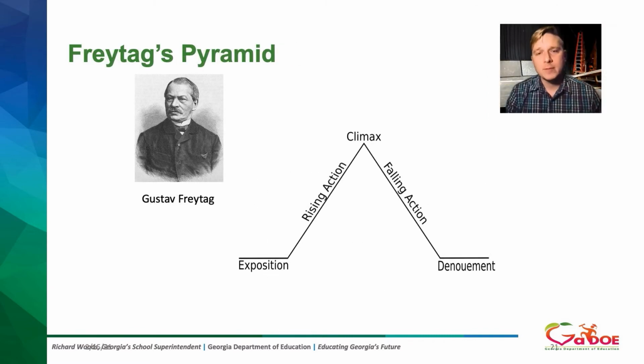The Freytag pyramid can be a useful tool when looking at the organization of events in the play and can help with the plot mapping. The Freytag pyramid is a modification of Aristotle's structure when he transformed the triangle into the pyramid. It includes an exposition, a rising action, a climax, falling action, and denouement or resolution. You can see an example on the screen here. Placing scenes or titles or even events along this structure could be a useful tool in building the play outline.